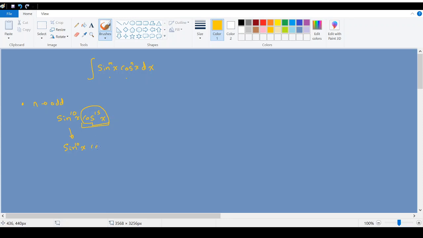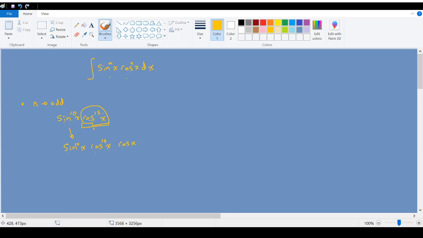So we will remain with cosine 14x and with the additional cosine x term that we extracted out. We are doing that extraction from the trigonometric term that has an odd power. If both of these terms have an odd power, then we can randomly choose one out of these two. Okay, so once this extraction is done,